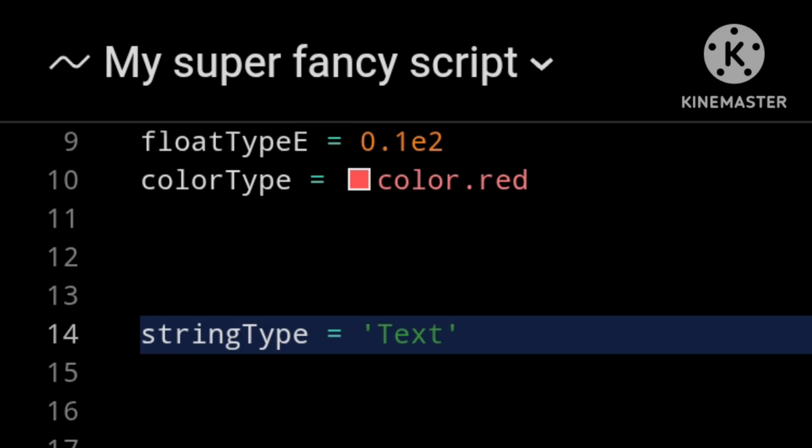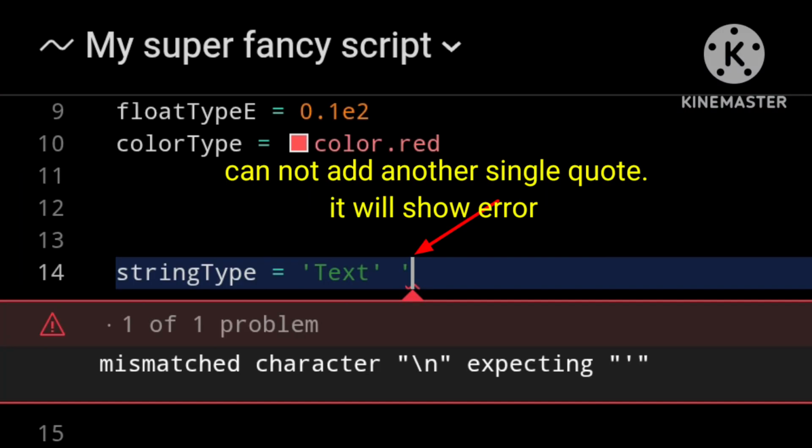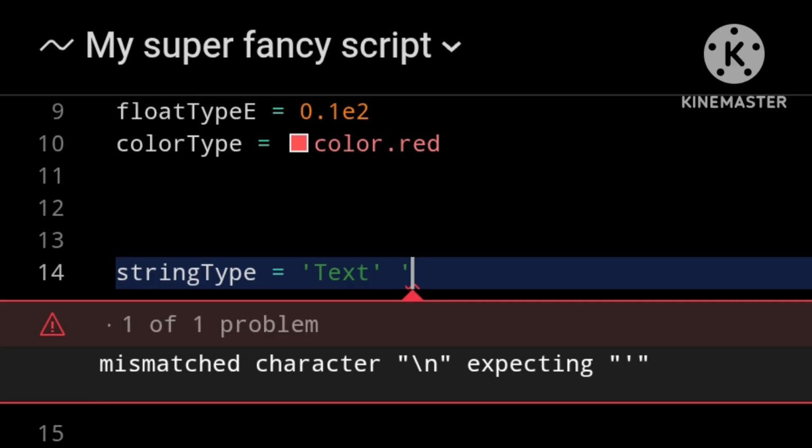And just as a side note, while we are here, if you want to include a single quote in your text, you cannot just add another single quote, because now it is treating this as a string and then we just have a single quote on its own.